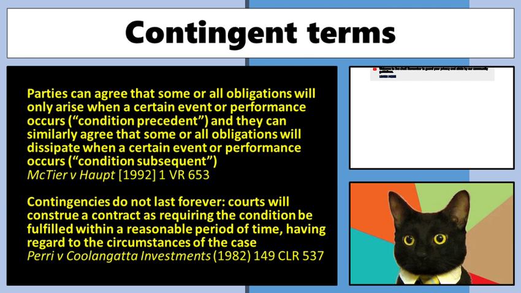Question? What does it mean by the contract? I mean, the court will give a reasonable period of time having regard to the circumstances. Yeah. It means even if something does not happen, after a reasonable period of time, performance is going to be considered discharged. And the type of contract, what they mean there is they look at the facts.